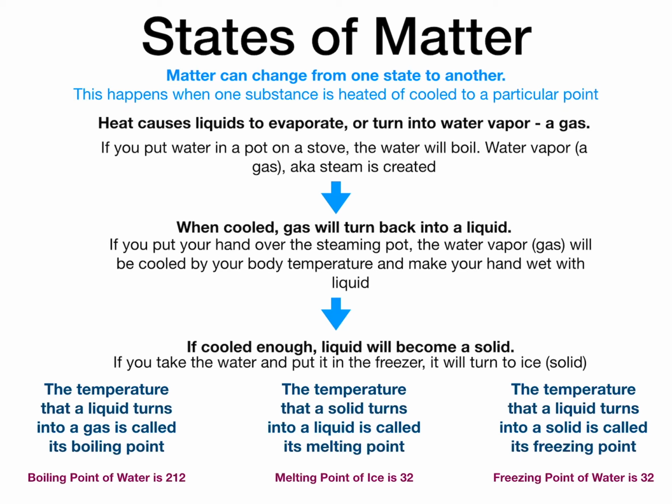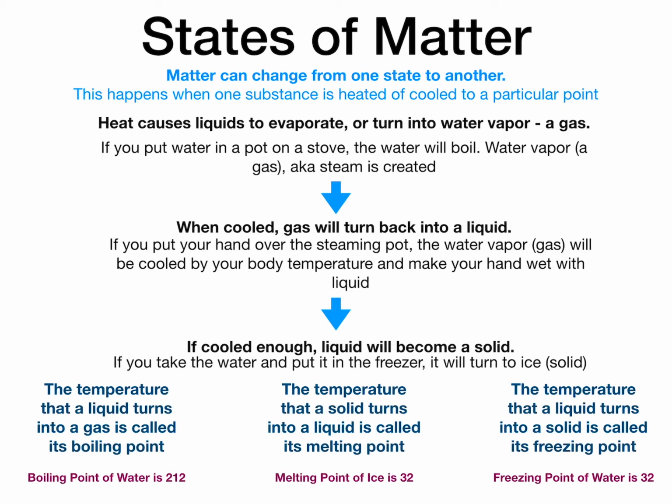The temperature at which a solid turns into a liquid is called the melting point. For ice, the melting point is 32 degrees. So if you have an ice cube, a solid, and you put it onto the hot sun, once that hot sun makes that ice be 32 degrees, then it will start to melt. And the temperature at which a liquid turns into a solid is called its freezing point. The freezing point of water is 32 degrees. So if you were to take liquid water and put it into the freezer, once it reaches 32 degrees,